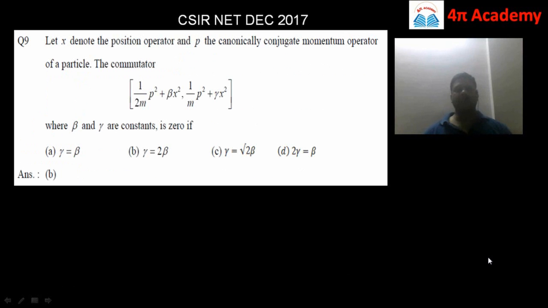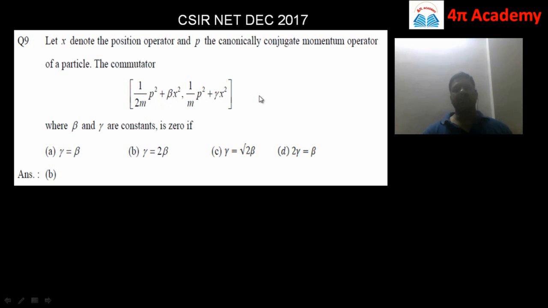Then the next problem is asked in CSIR NET December 2017. Let x denote the position operator and p the canonically conjugate momentum operator of a particle. Then the commutator of [(1/2m) p squared plus beta x squared, (1/m) p squared plus gamma x squared], where beta and gamma are constants, is 0 if, means here you have been given that this commutation relation should be 0,